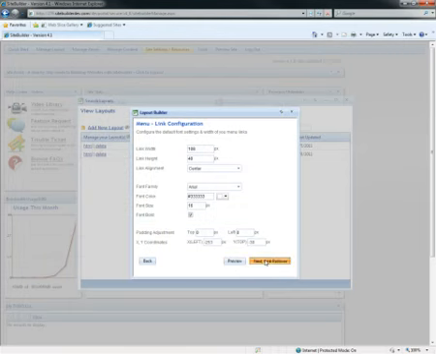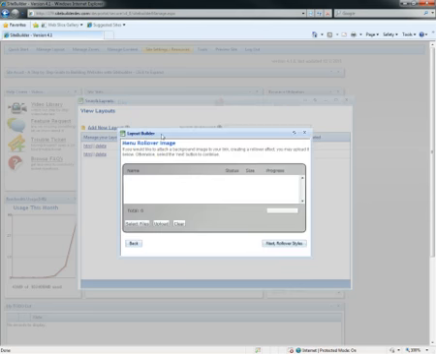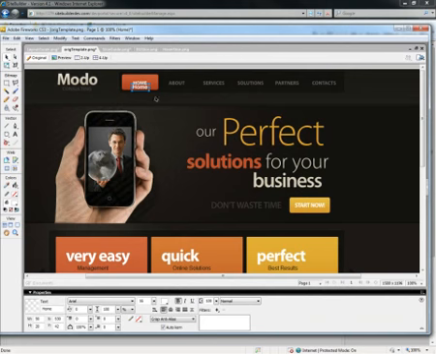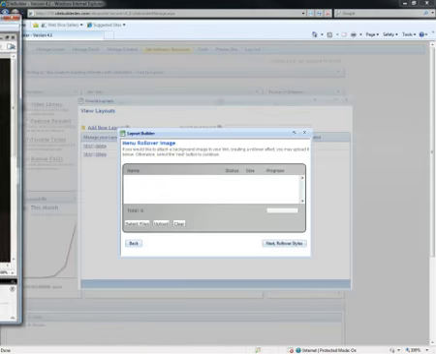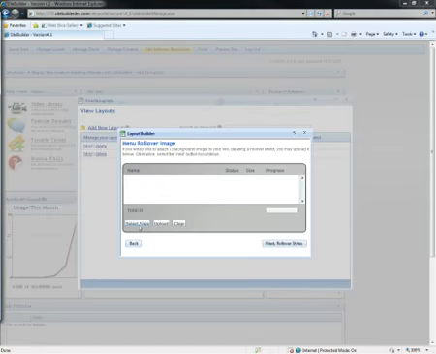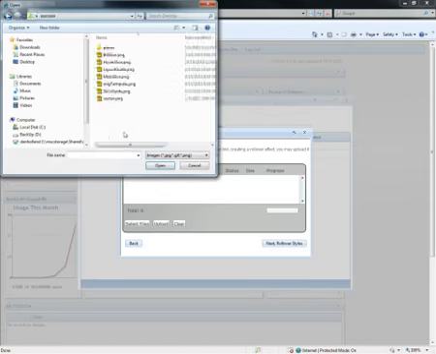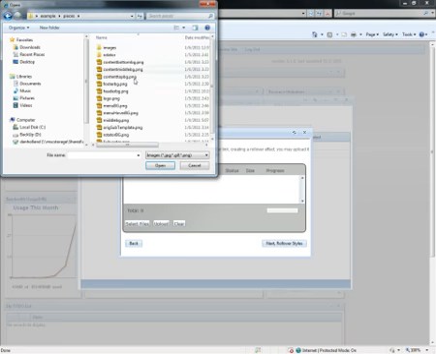And we can continue to the rollover effect of the menu. So it's going to ask me if I want to have a rollover effect for my menu. And you can see here on my preview that it looks like when we mouse over, we're going to get this red background. So I've already sliced this piece out, and it's going to ask me to upload it here. So I'm going to go ahead and select the file, browse here to the example pieces, let's say menu hover,